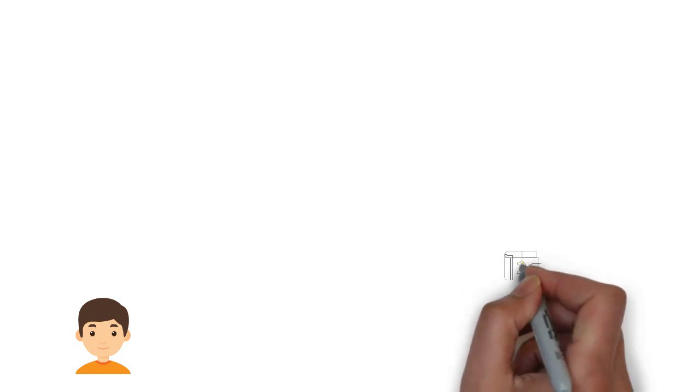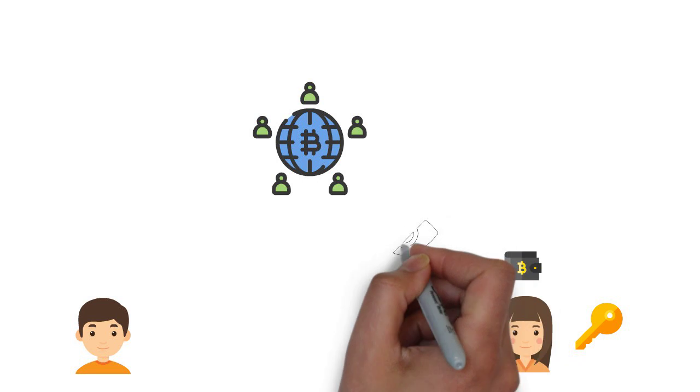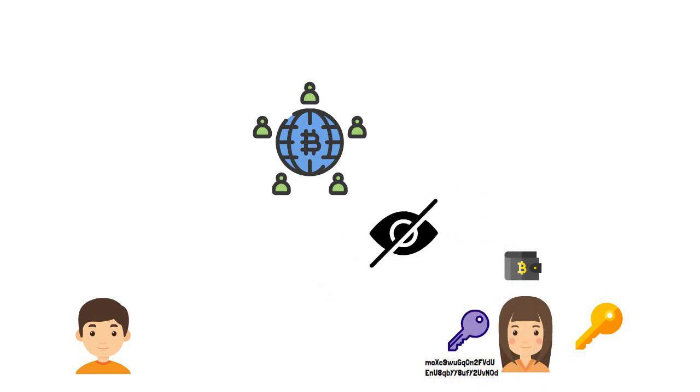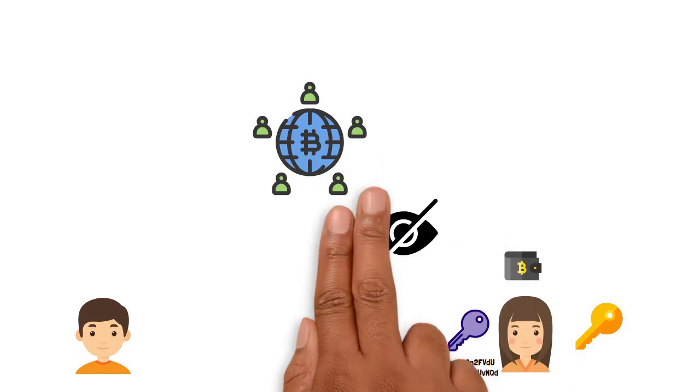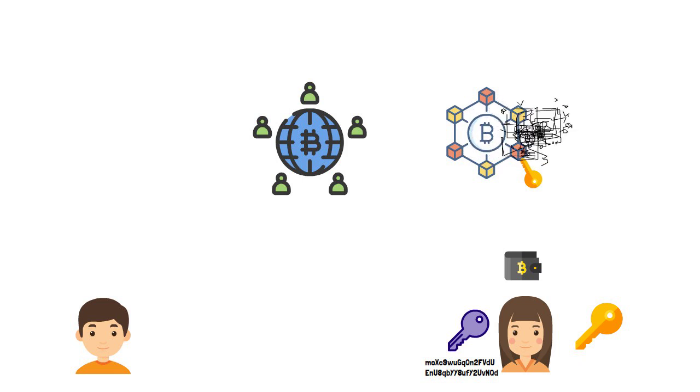Alice has created her Bitcoin wallet and she is now ready to receive funds. Her wallet application randomly generates a private key together with a public key, which is her wallet address. At this point, her wallet address is not known to the Bitcoin network. Until somebody sends her money, nobody knows she exists. Once she receives some money, her address becomes part of the Bitcoin network, and Alice can now check her balance on the Bitcoin blockchain using her private key.